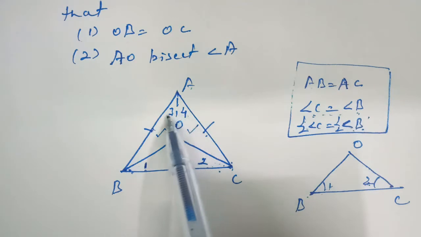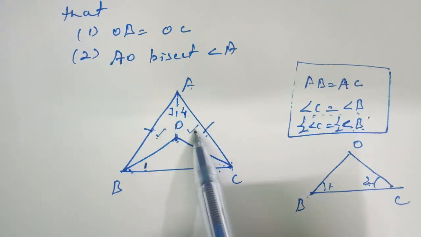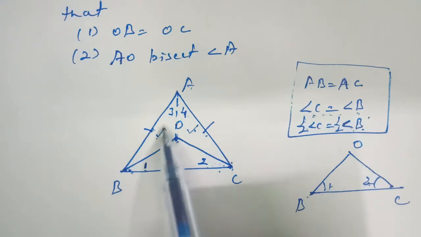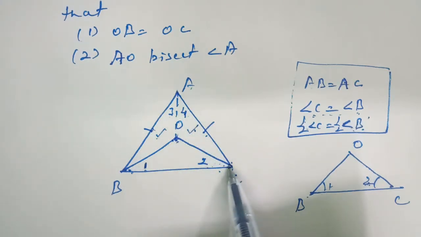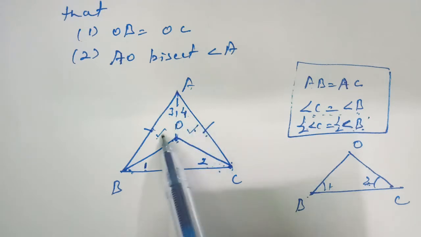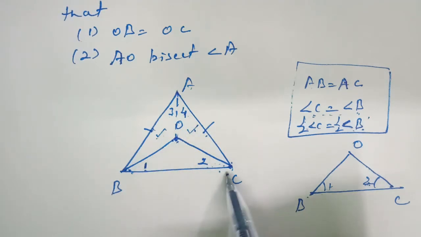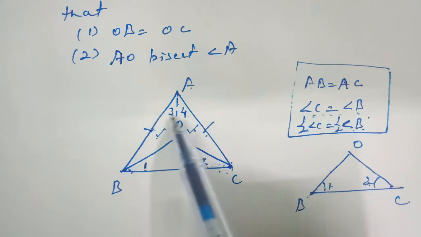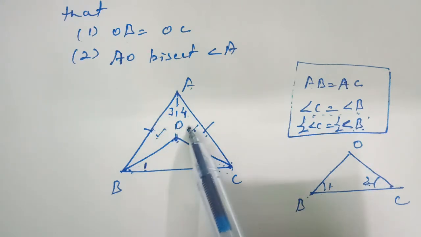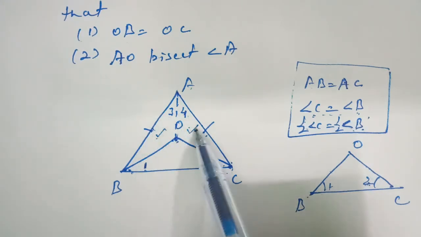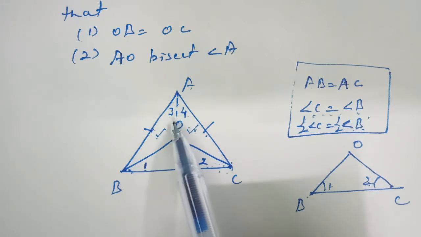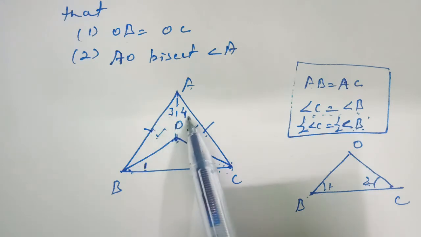So for proving these two angles as equal, we have to prove these two triangles as congruent, and for proving them congruent we have to find 3 equal parts. You can observe AB is equal to AC, it is given. AO is common in both the triangles and BO is equal to OC, we have just found it out. So by side we can say both the triangles are congruent. And when both the triangles are congruent, their corresponding parts are also equal. It means angle 3 is equal to angle 4.